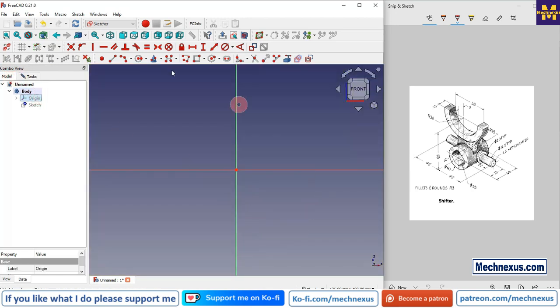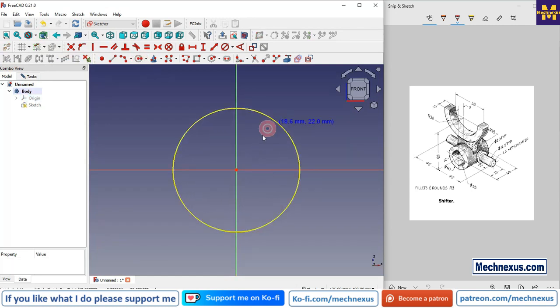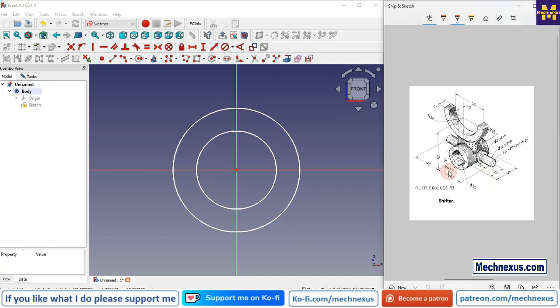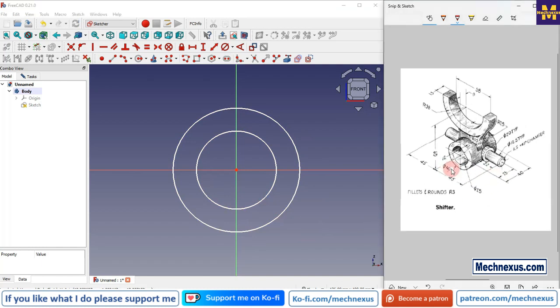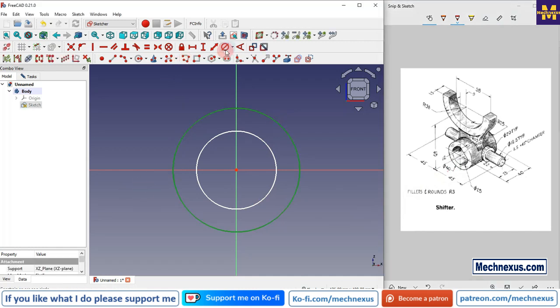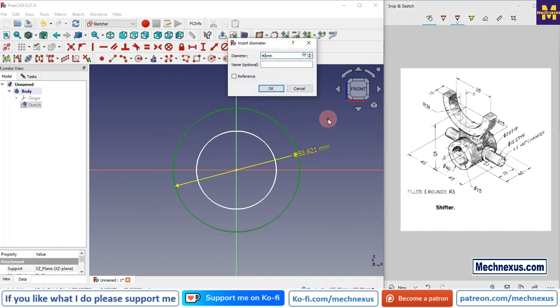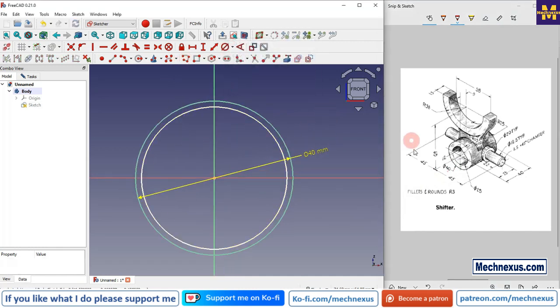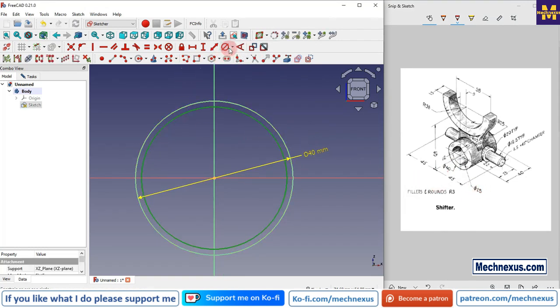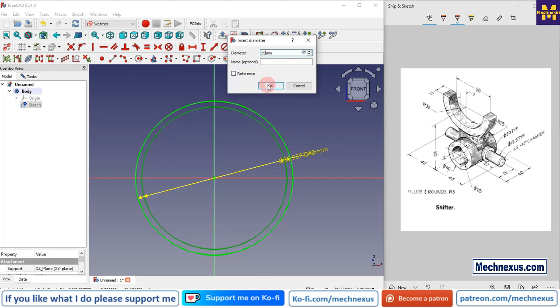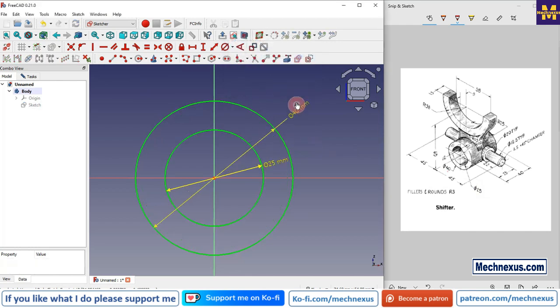And now we will create two circles, and we can see that this outer diameter is 40. So we will select it, select the diameter option and give 40, and the inner diameter is 25. So we will select it and give 25. Now I will move it,